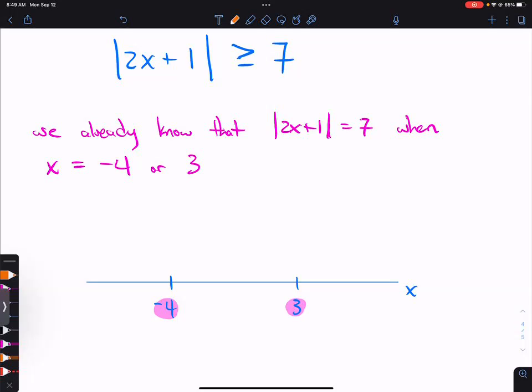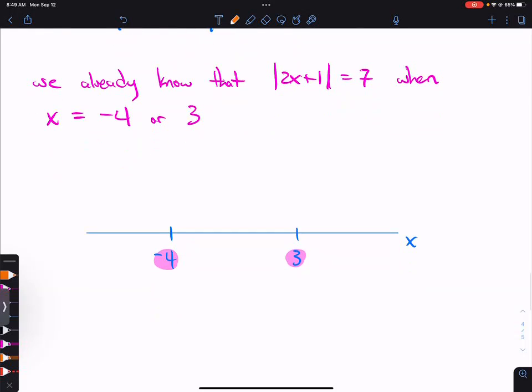One way to do this would be to figure out what happens out here and what happens in between and what happens out there. So I could take x values from those regions. Something smaller than -4, like -5. And something between -4 and 3, like 0. And something bigger than 3, like 4. If I take values like that and test them in this inequality that we're trying to solve,